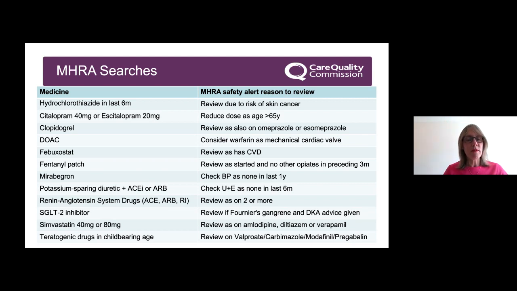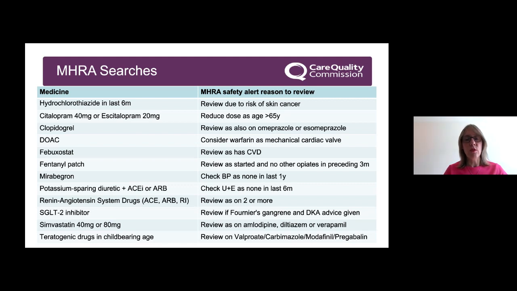And then, as per some of the previous high-risk drug searches, we've got searches that look at combinations of ACE inhibitors or ARBs together with potassium-sparing diuretics with the increased risk of renal impairment and hyperkalemia, to check that they've had monitoring done in the last 6 months. And we want to make sure that people aren't prescribed multiple renin-angiotensin system drugs in combination because of the risk